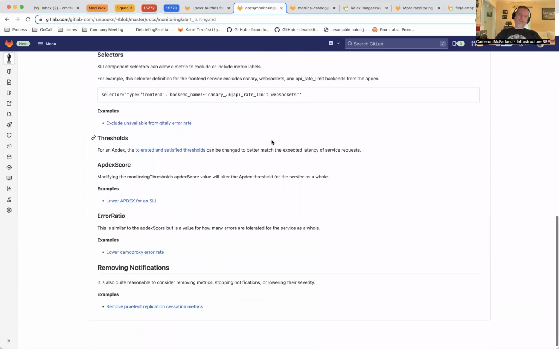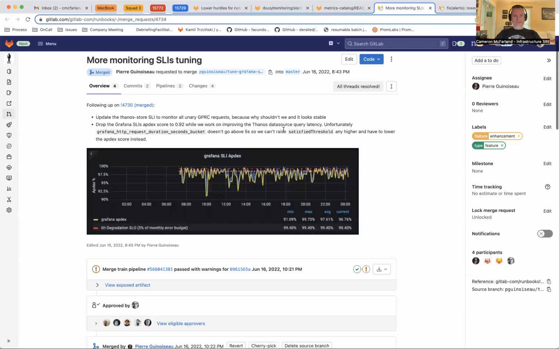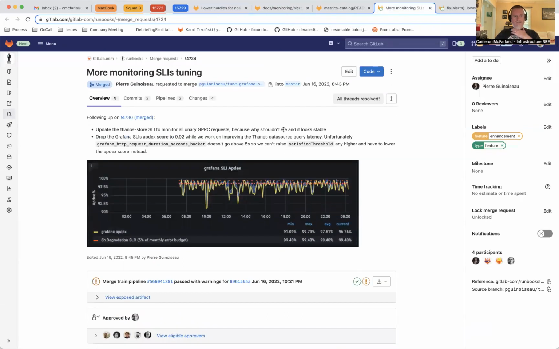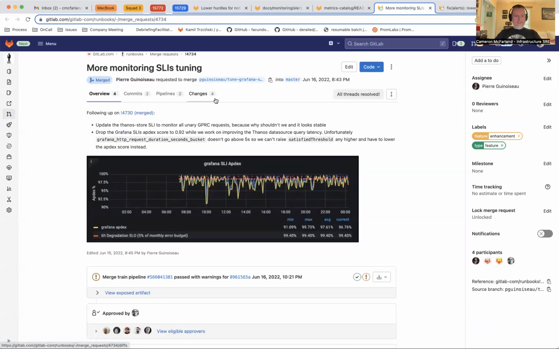And the next two, Apdex score and error ratio, are more service level than SLI level. Changing these is, I put them lower here because ideally we would like to use the first three to make minor changes before we ultimately have to change the Apdex or the error ratio. We do have some examples here where we've changed the Apdex. For example, here we've made some monitoring SLI changes,